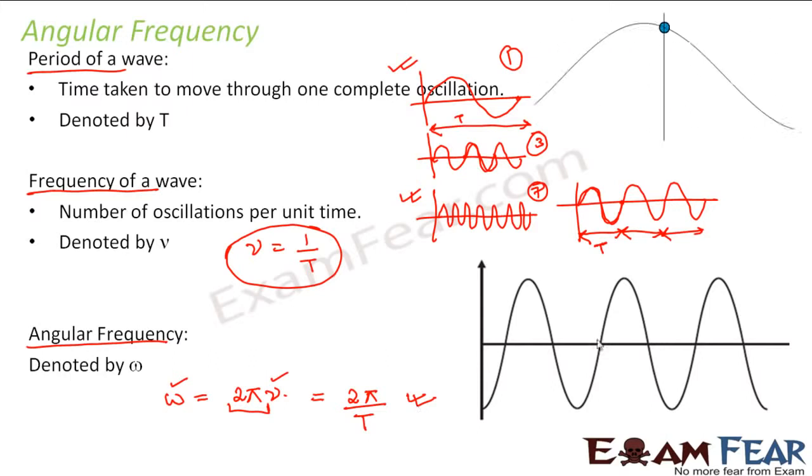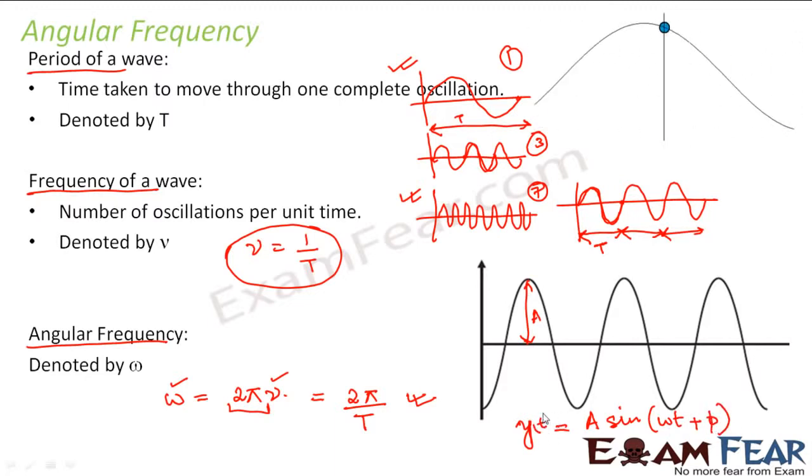Now if I say that I have any sinusoidal wave in general, how do I describe a sinusoidal wave? Because just before some time I told that if we know the frequency of a wave, the period, amplitude, phase of a wave, we can describe the wave. So let us suppose that we have a wave whose amplitude is A. Let us suppose that I am talking about this wave itself. If I know that its amplitude is A, its time period is T, its angular frequency is omega, how do you think will we describe this wave? So the signal strength or this wave can be described as A sine (omega t plus phi),